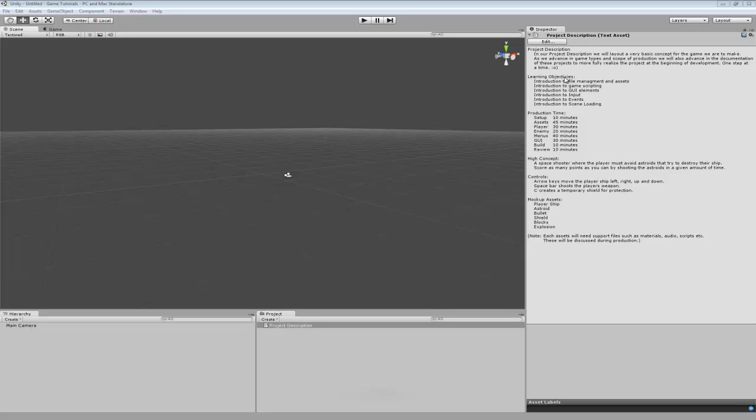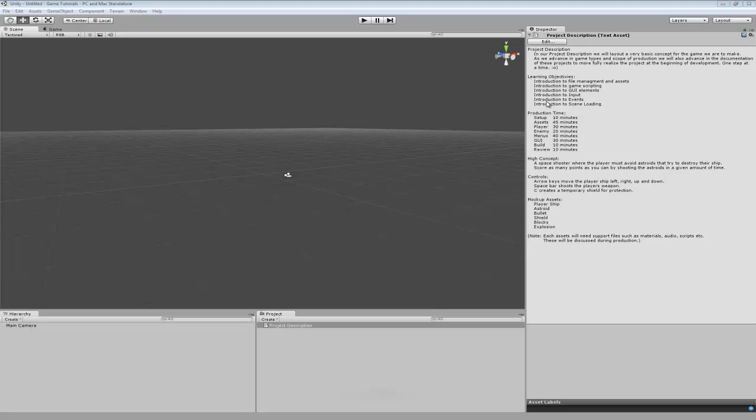Below that we have some learning objectives. Because this is an educational style game, we are looking at what it is that I, as a developer, am going to try to learn out of this project. How do I want to improve my skill set? For us, we're going to be looking at an introduction to file management, assets and asset creation, and working with assets inside of Unity. We're going to be looking at an introduction to game scripting, and an introduction to the GUI elements, applying GUI elements and HUD elements to the screen. We're going to be looking into the introduction of using the API for the input and working with events